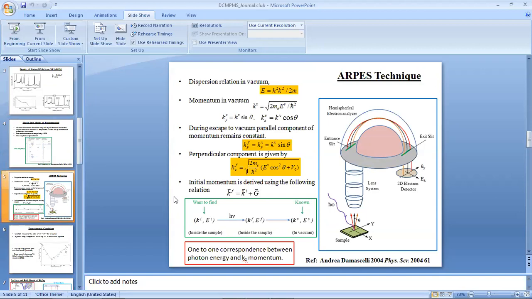The only difference is your energy source. Nothing else. The only difference is that the value of this ħω changes. Everything else is the same. We have this machine here, and with the same machine, the same setup, we do RPS and we do XPS. There is no change. The slit size, everything is the same. Only the photon source changes. I see.